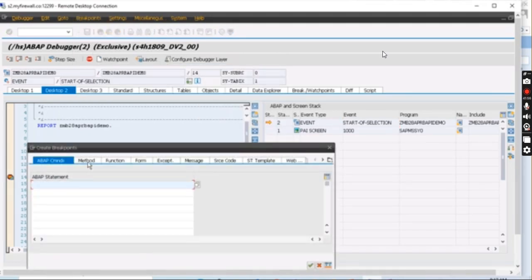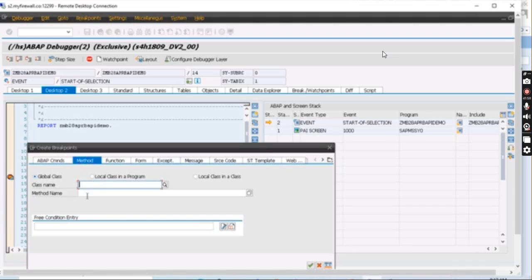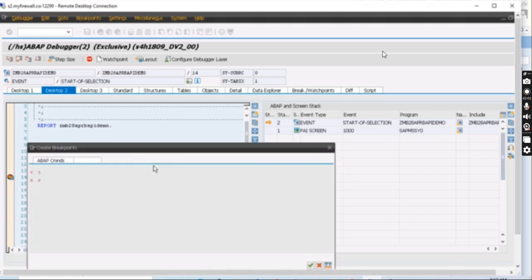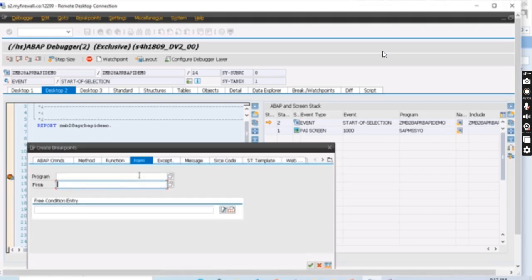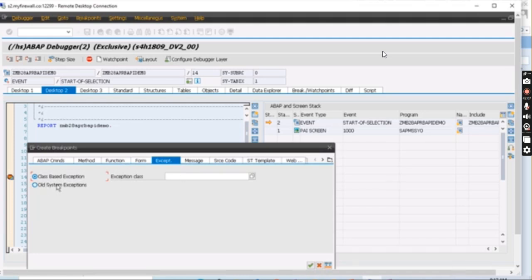Here you have multiple options. For a method you can put a class and method you want to stop at, some function module as we have just seen, some subroutine with program and subroutine, some exception, or some message. Message ID, number and type you will have to provide, or if you just provide the type, that is also fine. If you just provide the message ID, wherever that message ID comes across, it will stop there.